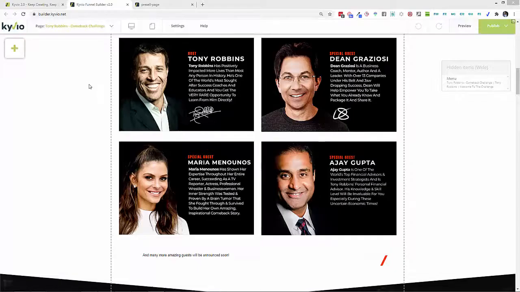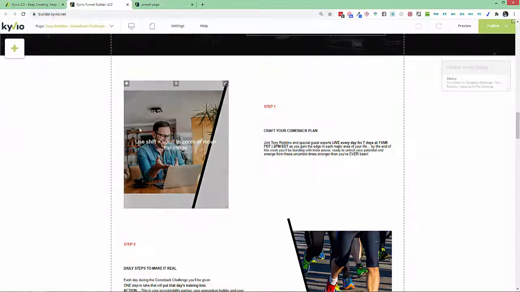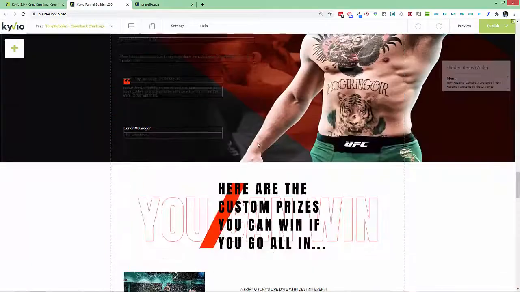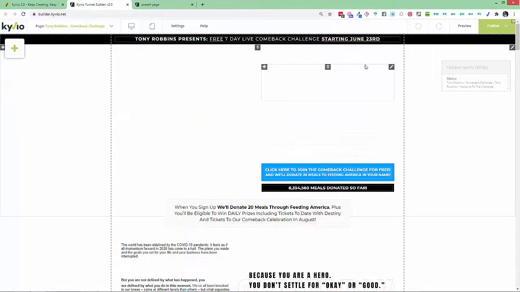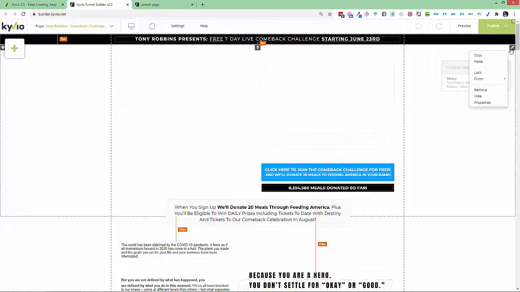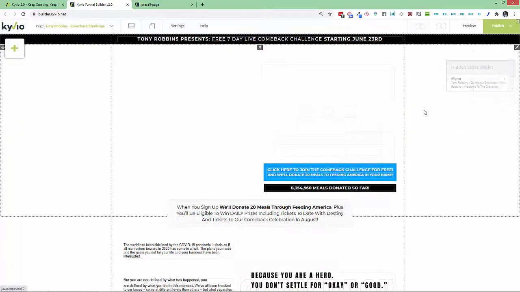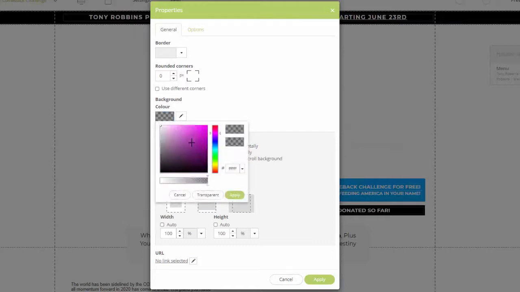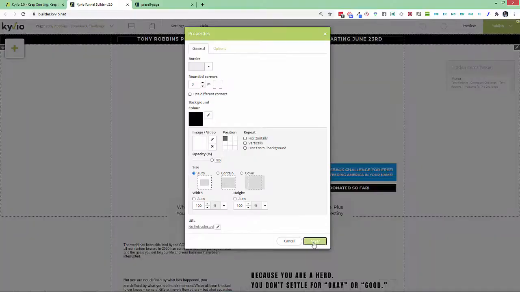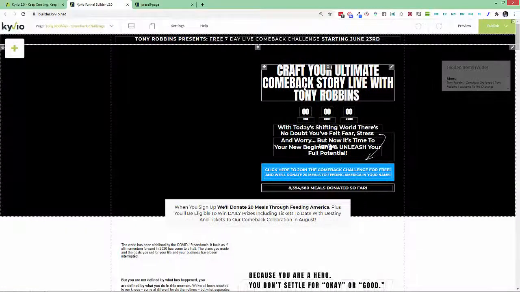So as you can see, this is the page that we were able to grab from that Tony Robbins page. Now, not everything is perfectly lined up, but that's okay. It's really easy to customize it. For example, I got rid of the background image because I didn't want this background image. So I could go to properties and I could either put my own background image or change background color to be, say, black in this case. So once I put that in, say apply, and now you can see we've got a different looking background